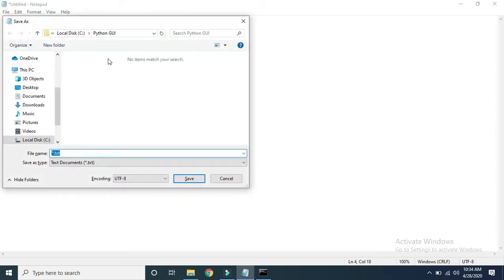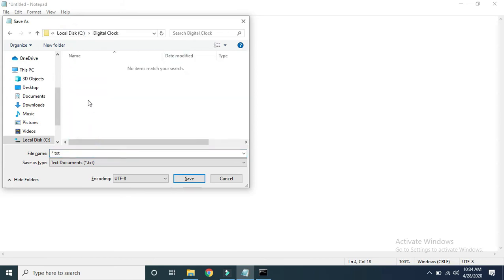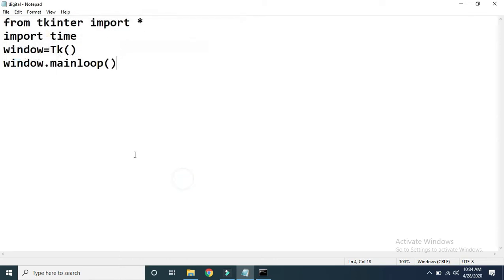Let us save this program. On the C drive, I have already created a folder named digital clock, and I am going to name this file digital.py. Select All Files here. So I have imported two modules, created an object of the window class and called mainloop.